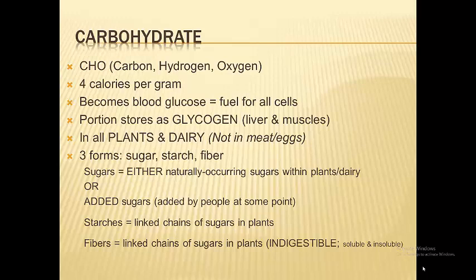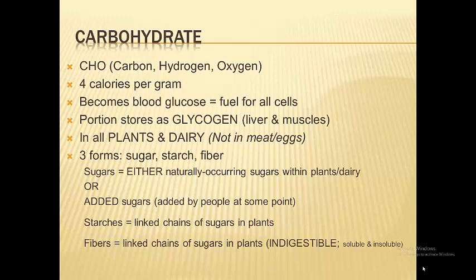You learn some are singular monosaccharides, some are two joined together, disaccharides, and some are long strands of sugar molecules called polysaccharides. Collectively, you learned that they're either starches or fibers that are linked together forming polysaccharide units, and that those are what give structure, and that contained within those plant foods are the single and the two, the mono and the di, and those are just called simple sugars.